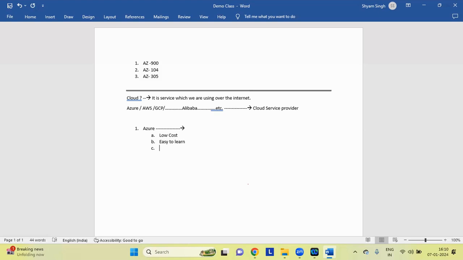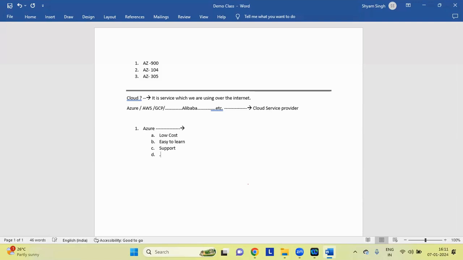Third point is that they give you the facility, and the support of the Azure cloud is excellent. Fourth one, AWS is also going to give you very good support. But the focus of Azure nowadays is tremendous.